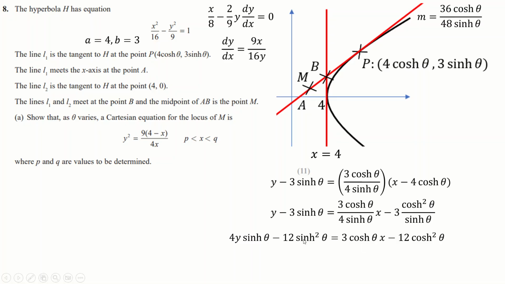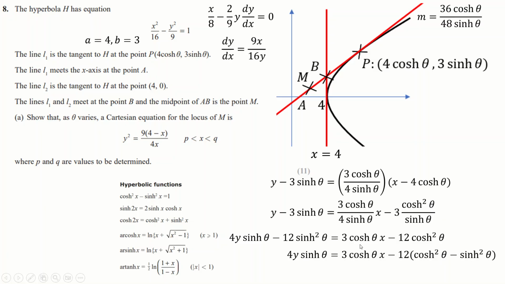So that's cool. And now actually, I think I can use a thing from the formula book here. Add 12 sine squared to both sides, and now from the formula book this I believe is equal to 1, so that's very helpful, and this becomes a not too complicated equation of this line, so that's useful. Now of course this line hits the x-axis at the point (A, 0), so we can shove in A as our x and 0 as our y. Of course that makes all of this go away, and we end up finding that A is 4 over cos